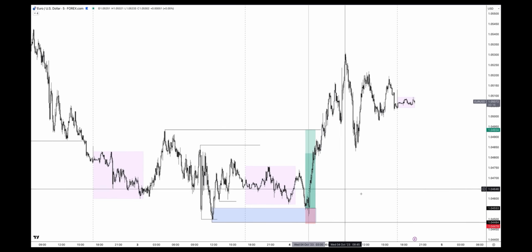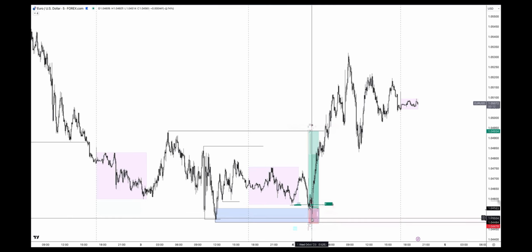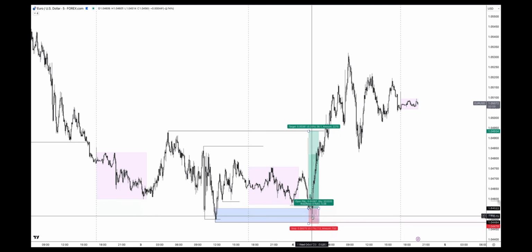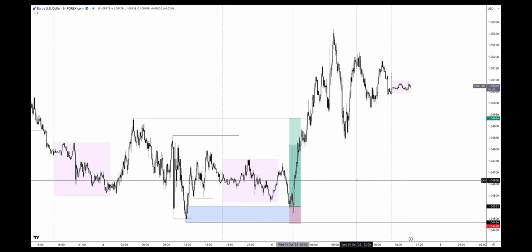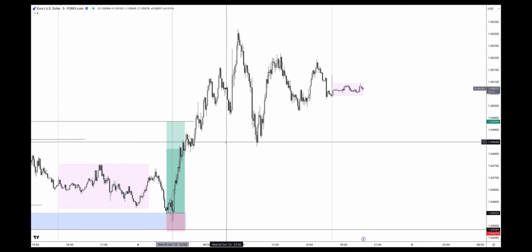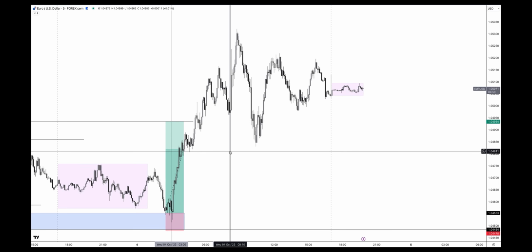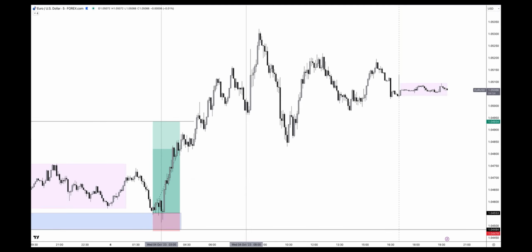As for New York, so London went bullish, and by the way, look at the timing of our entry, right at London Open to the minute. Okay, big move to the upside. All right, now we're heading into New York at 8 a.m. my time. Now, what do we see? Well,